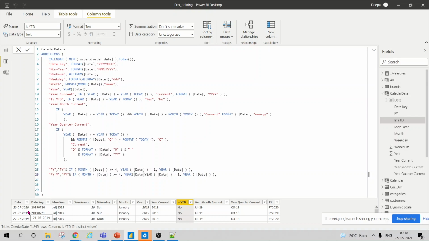And then I want to add a dash, and then I want to add one more year. Else, if it is my previous year, what do I want to do? For this, I want to add plus one.